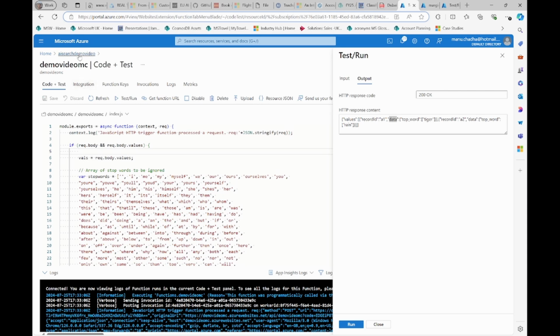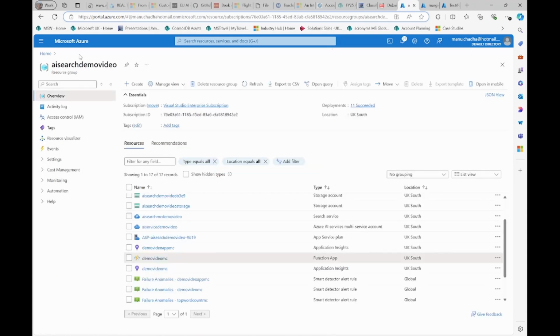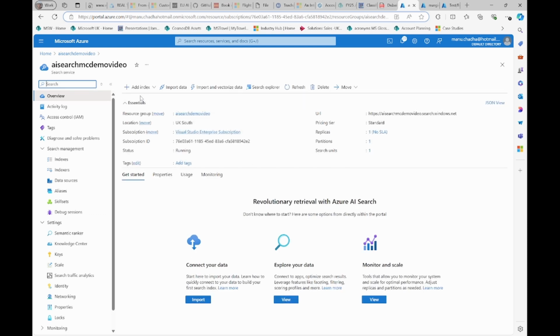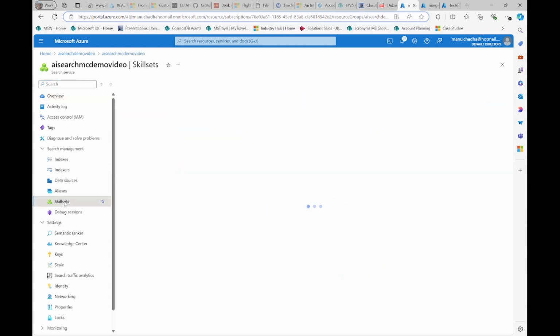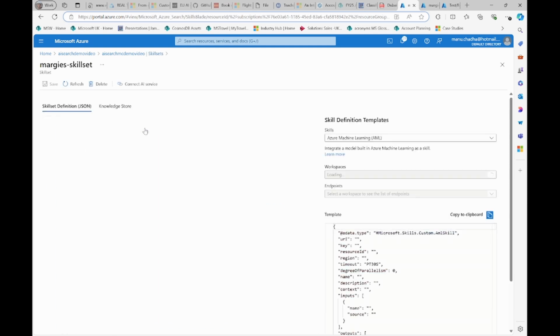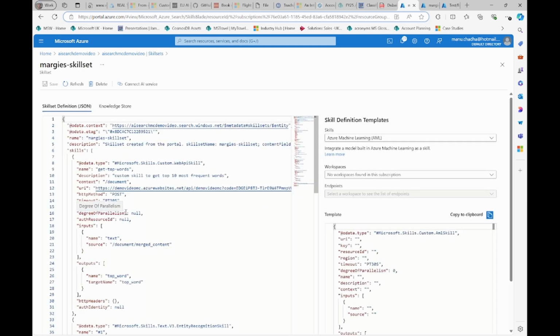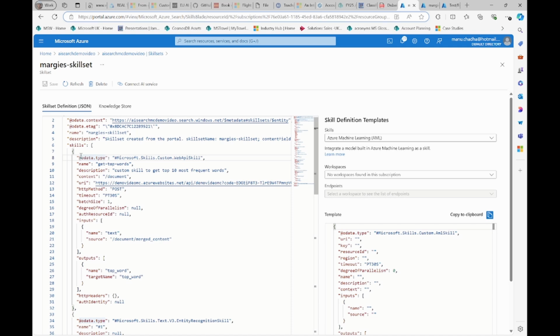And once your function is created, now you have to integrate, you have to make the indexer call this skill so that it can pass documents to this skill and get this bespoke enrichment which you want. So to do that, you go back to your search service. Then first you go to skill sets, and in the skill sets which were already created, basically add a new field like this. You can find the details in documentation. It says it's a web API skill. The URI comes from